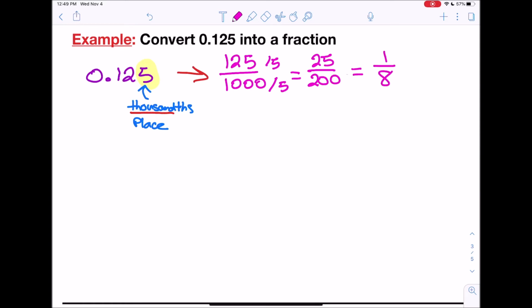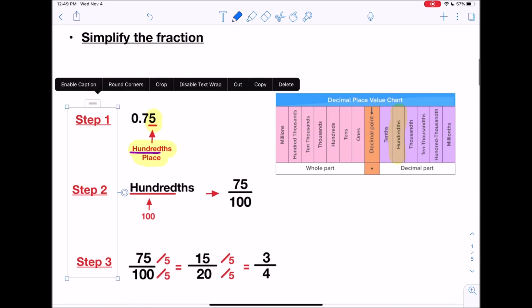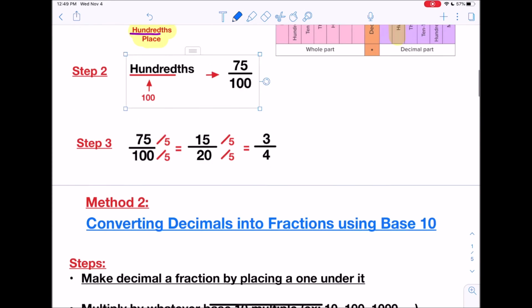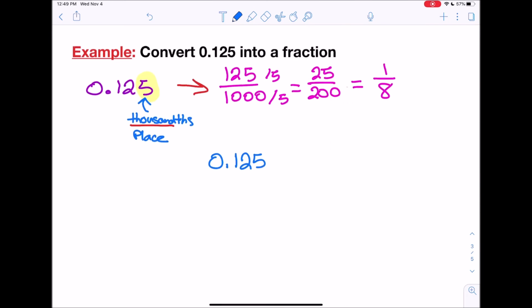Okay, now remember, for this one, we took that 0.125, we're doing method number 1, and this root number becomes the denominator. So let me change this to